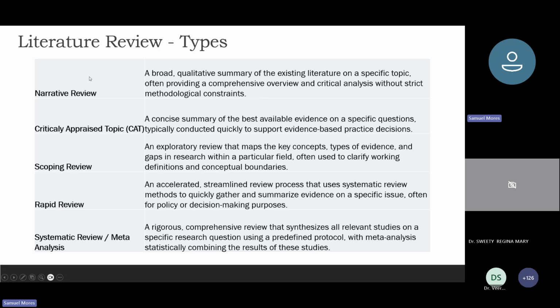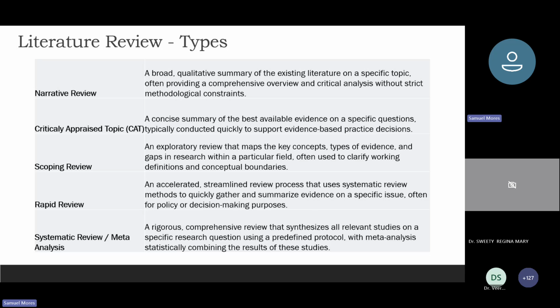This is the conventional style where you will read different articles that are connected to the research topic, and whatever each article says, you will write one paragraph about each article. You'll write, so and so author says this, so and so author says this. Likewise, you'll write 50-60 articles' narration,